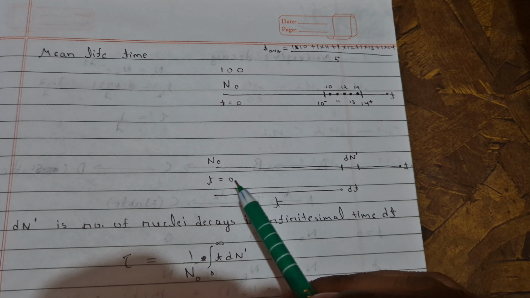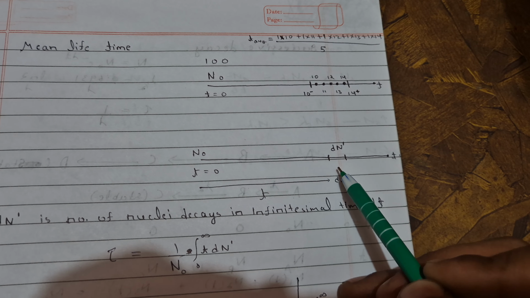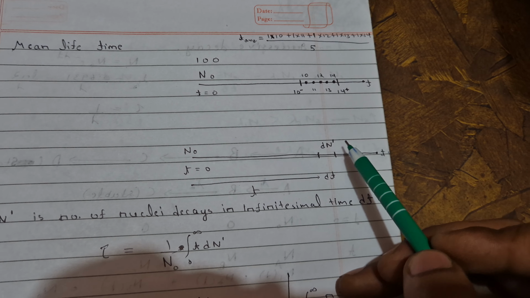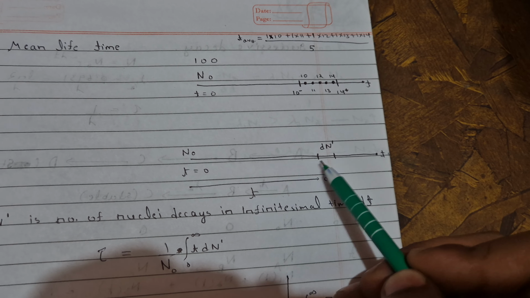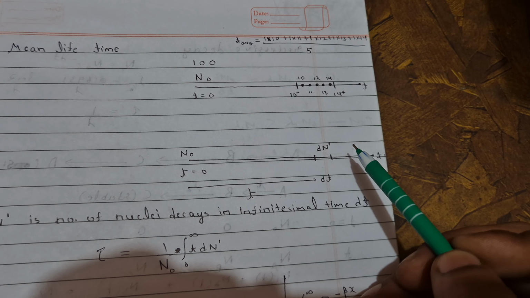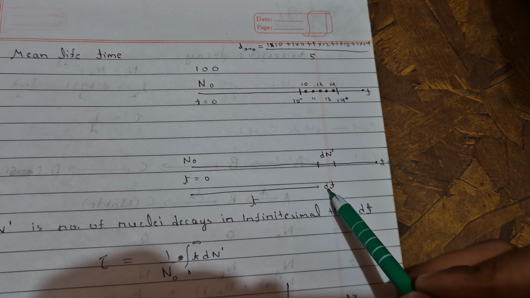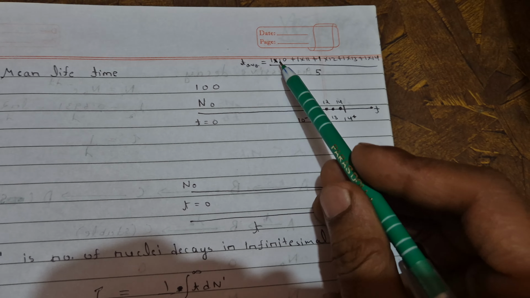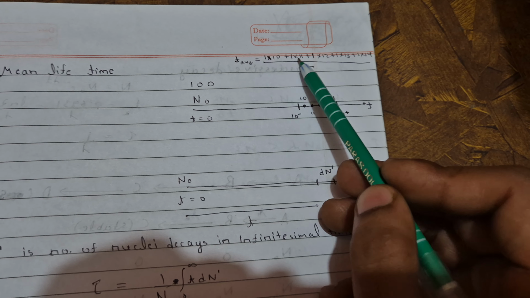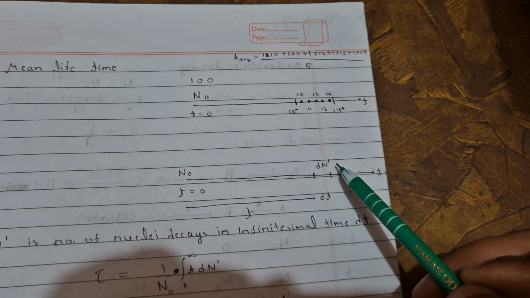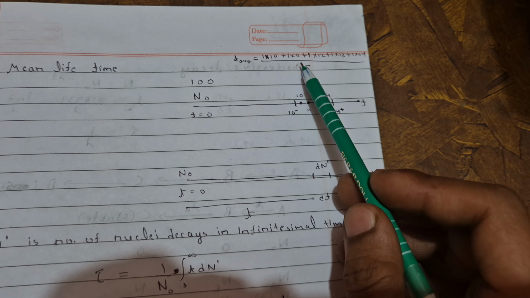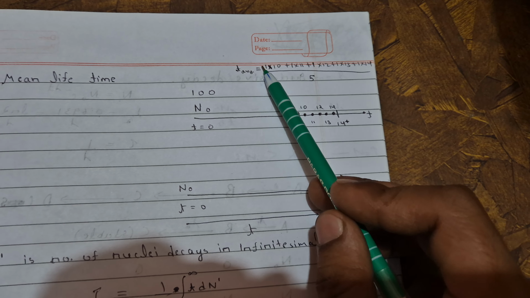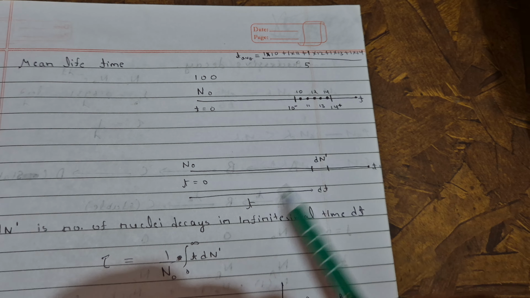Let's see, at a particular time t, in a dt interval after this t, there are dN' nuclei which will decay. For all the dN', this t will remain the same, because dt is infinitesimally small. So it will be t into 1, t into 2, t for all the dN'. Since the time remains the same, you can take the time common, and it will be the sum of all the nuclei, that is t dN'.